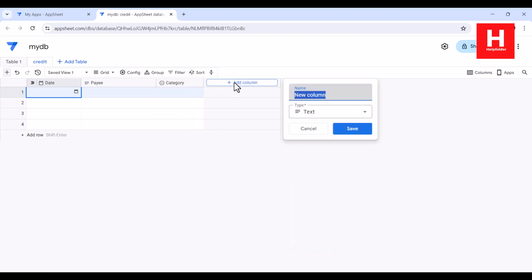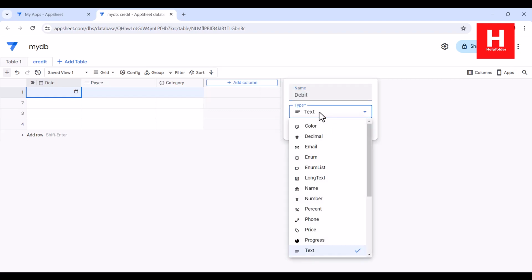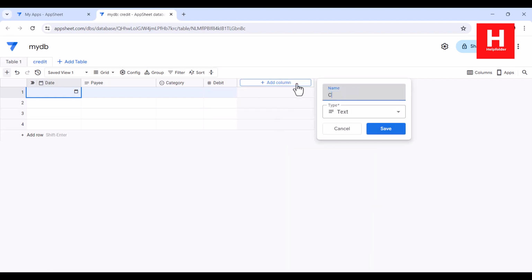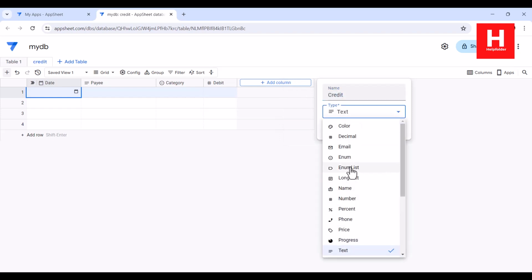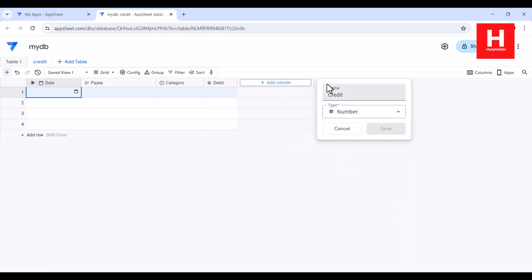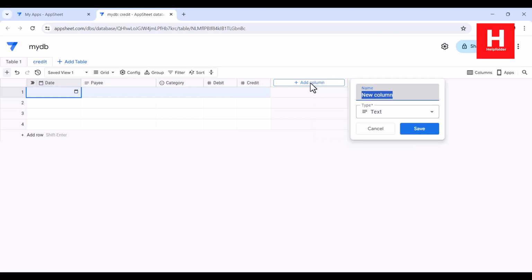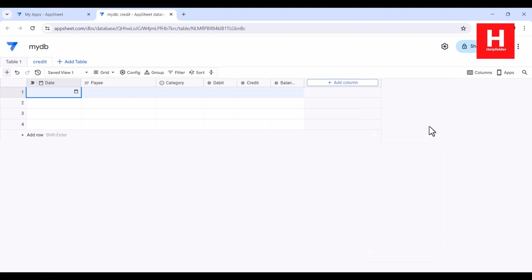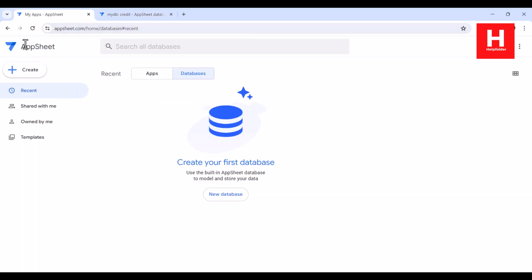Next thing I can go with is basically debit, which is going to be a number, right? Then credit, which is also going to be a number, and finally balance, which is a number as well. And once you have all of this, I can go into my dashboard where I can click create app,